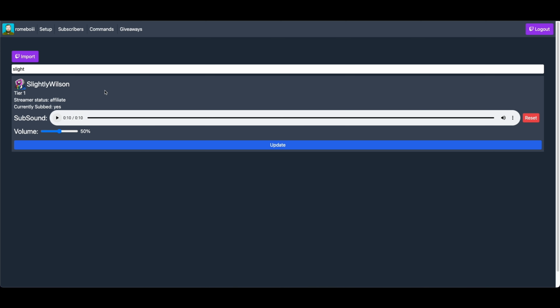Now that we got a subsound added, what we will want to do is preview a subsound. Unfortunately, at the moment, you are not able to preview someone else's subsound, but you can indeed preview your own. What you will want to do is the same process: add a subsound to yourself, choose the volume, and then hit the update button. In this case,